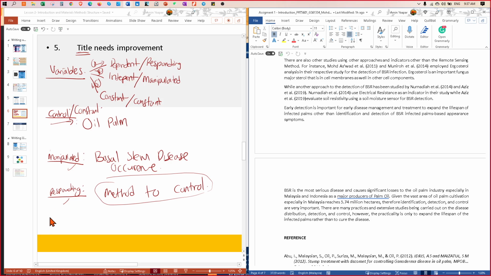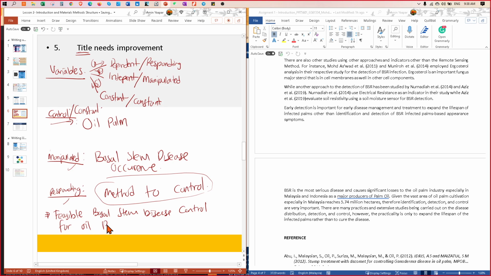So based on our example here, it will become something like this: feasible vessel stem disease control for oil palm in Malaysia, for example.